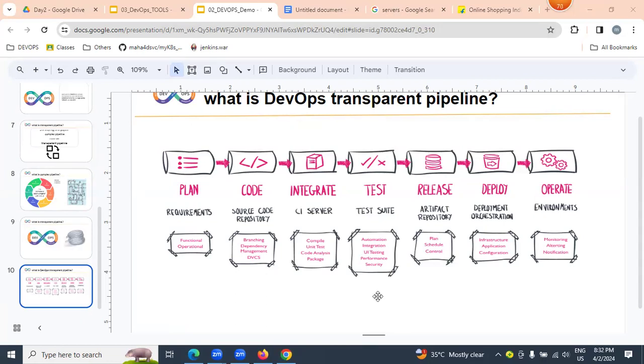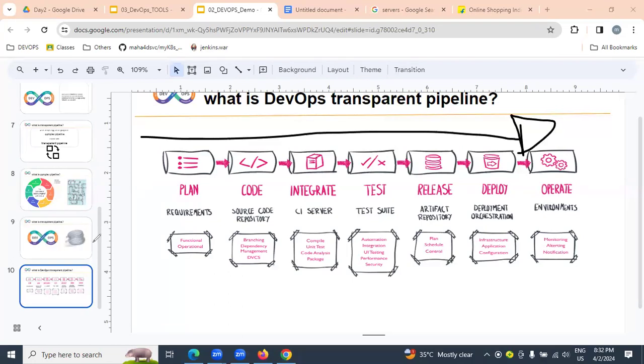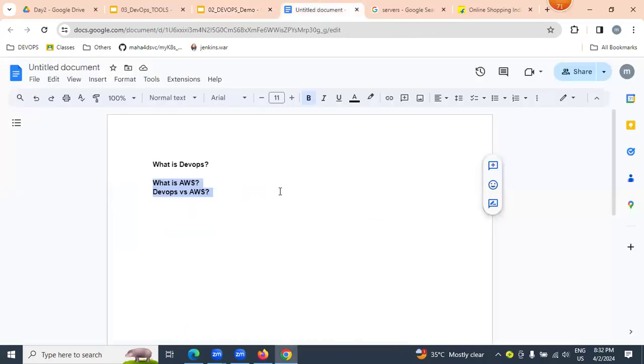But while we implement this DevOps automated process, we require infrastructure. What do we require? Infrastructure. Tell me, what is infrastructure? Okay, so answer this question. What is an application? I asked in the beginning of the class, in the beginning of the session. Anybody help me? Application is equal to what exactly?